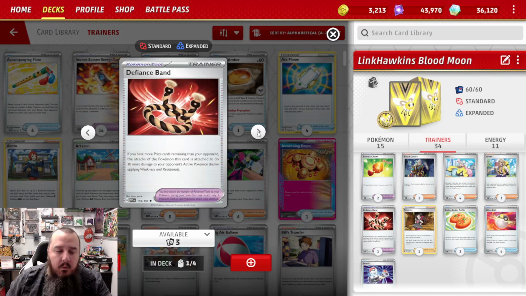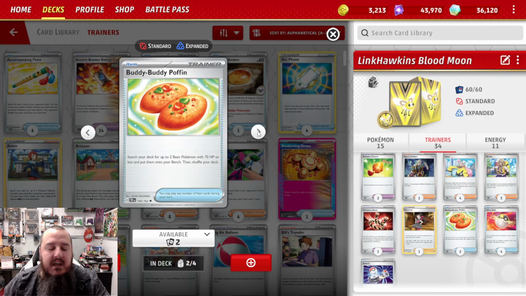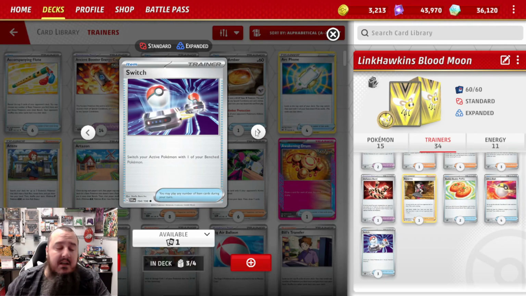what we need, 1 copy of Defiance Band. Because we go behind on prizes, we can increase our damage by 30 and now get some key KOs. We've got 1 copy of Roxanne to just punish our opponent. We've got 2 copies of Buddy-Buddy Poffin to search out our Pinecos, and 4 copies of Ultra Ball to find everything else. And then lastly, we've got 3 copies of Switch, so we can switch in a Pokemon that can